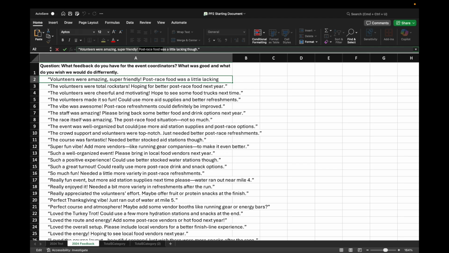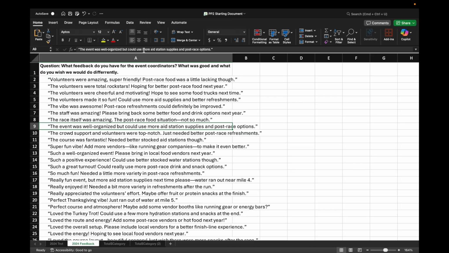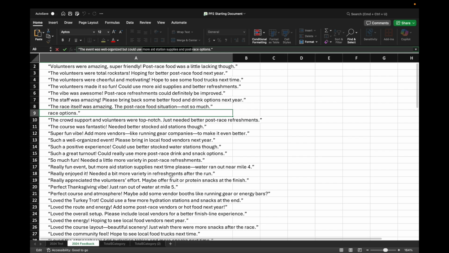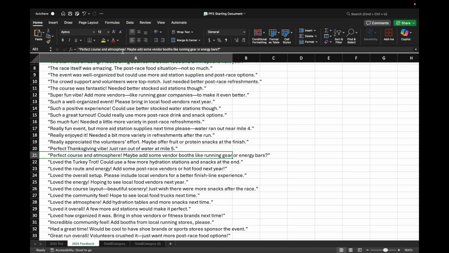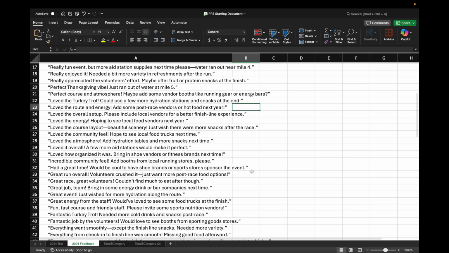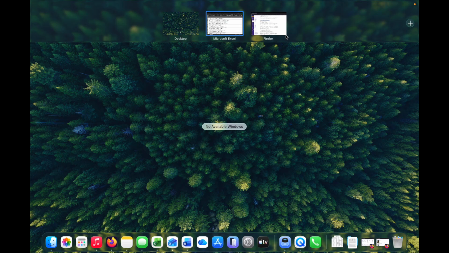There might be a few comments on there needing to be more aid station supplies. There might be some positive feedback about the overall course. Reading through and getting some ideas of things that are coming up more than once.